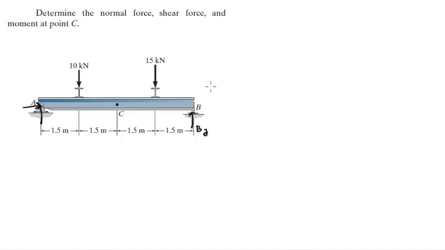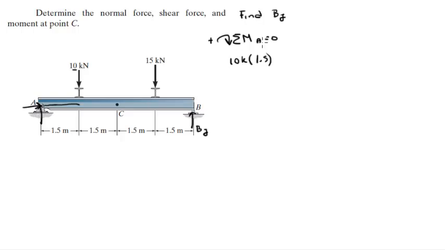The first thing we're going to do is find Vy. To find Vy, we're going to do the sum of the moments about A. Let's assume going clockwise is positive. We know that the sum of the moments at A is equal to 0. So the moment created by this 10K force is 10K times 1.5. 1.5 is the distance between